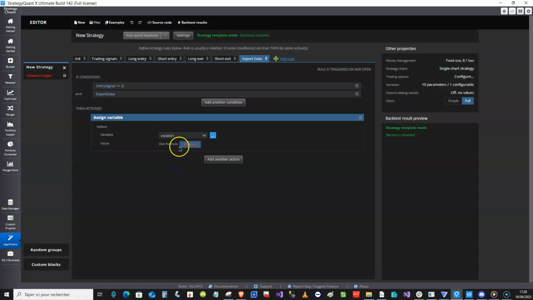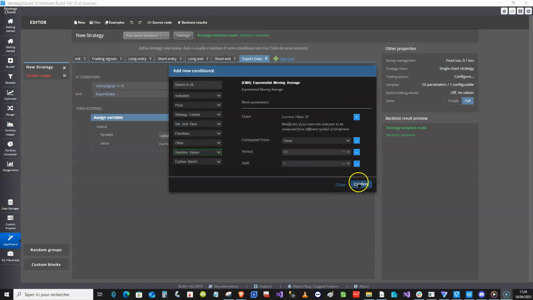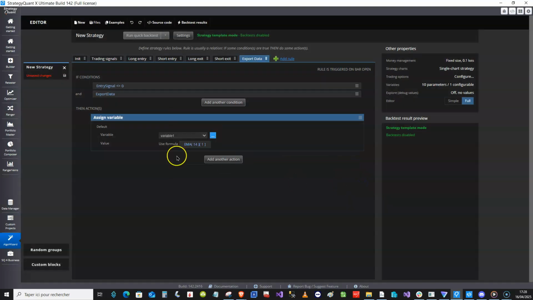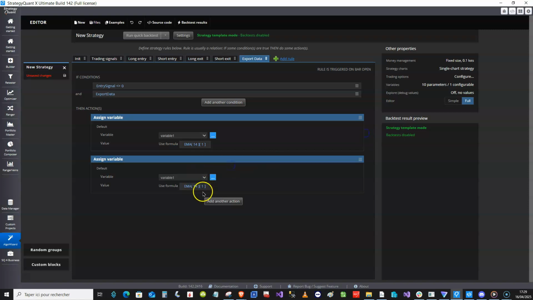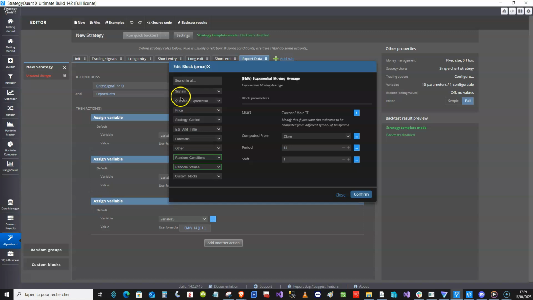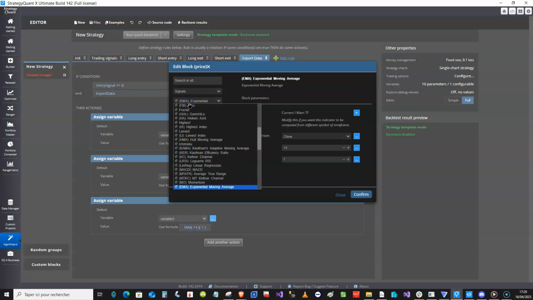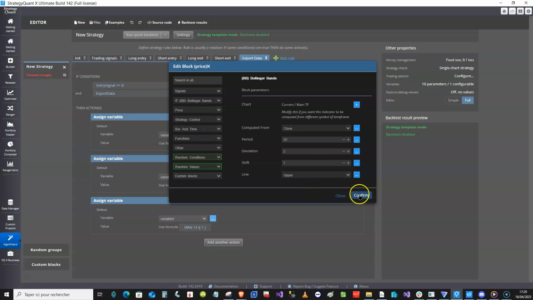And we take the first variable, and let's say that we would like to see an EMA indicator, for example. So here is an example. On the first variable, we set an EMA, like that. Each time we have an entry, we look at the EMA. We will do the same on the next variable. Variable 1, variable 2, variable 3. This time we can check another indicator. It can be an RSI as an example. On the next one, it can be any information you need, Bollinger, why not?